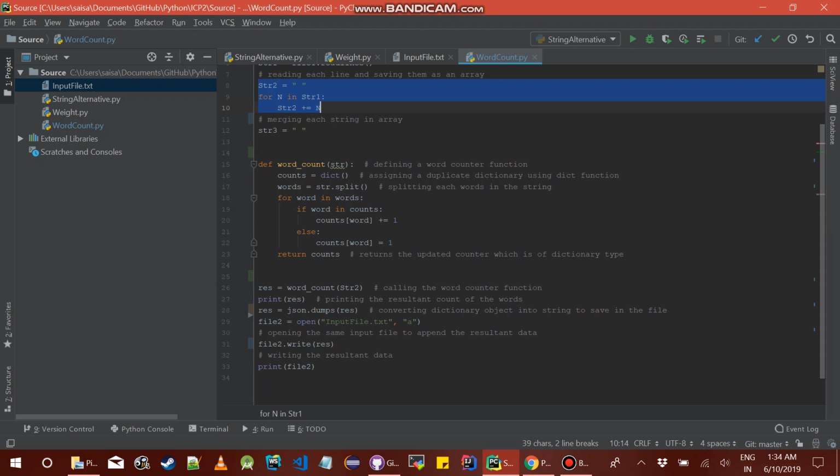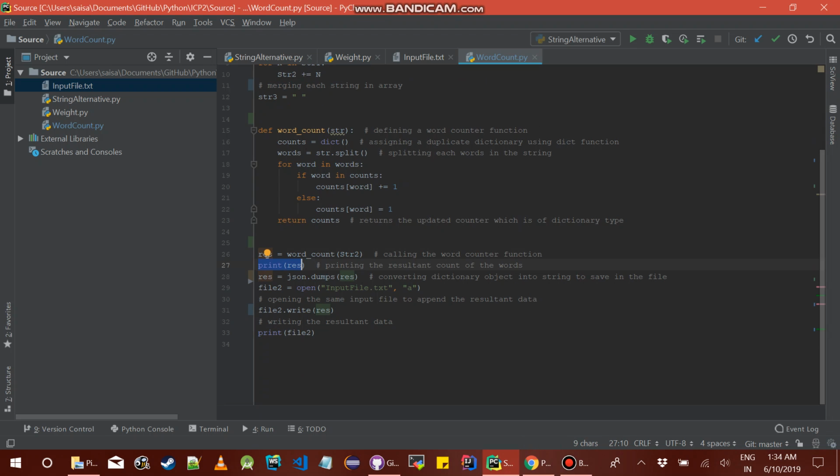So I am calling word count on str2, and later this result will be printed. To store this result in the input file, I use the JSON dumps command. This JSON dumps will convert the dictionary object into a string. Later on, this result will be stored by opening